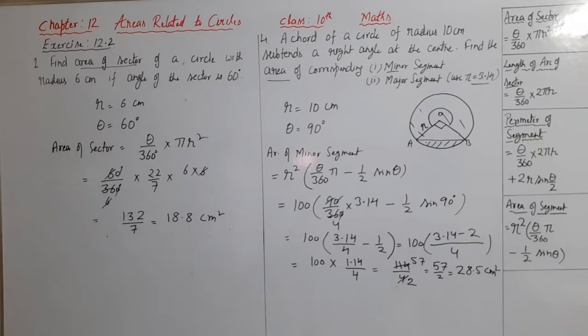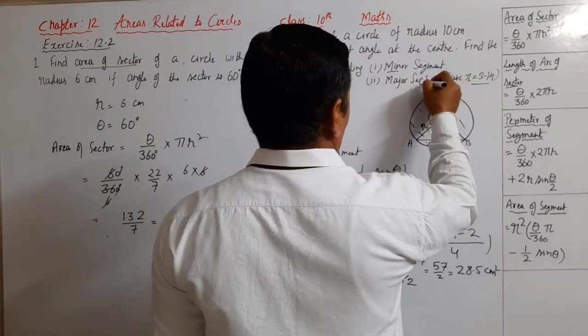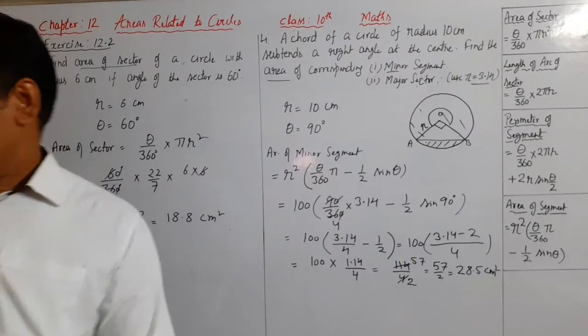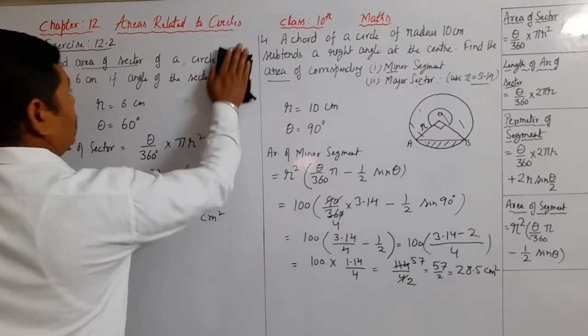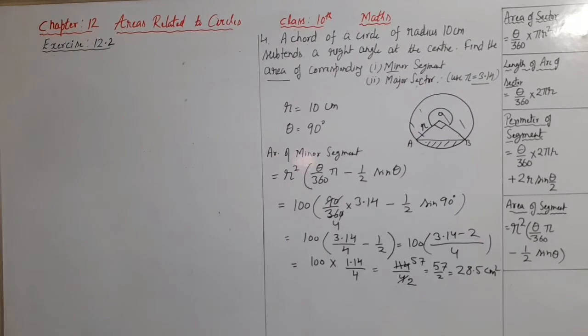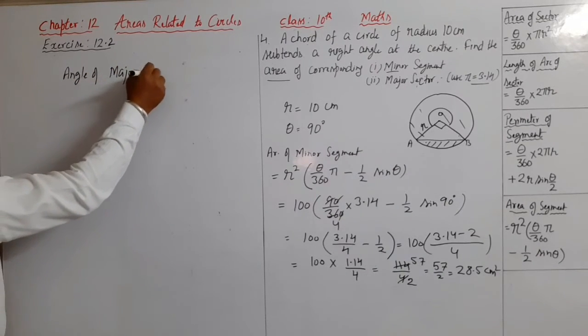Now the second part of this question is we have to find the area of major, not segment, we have to find area of major sector. Now as we know that the central angle of minor segment is 90 degree, so the angle of major sector